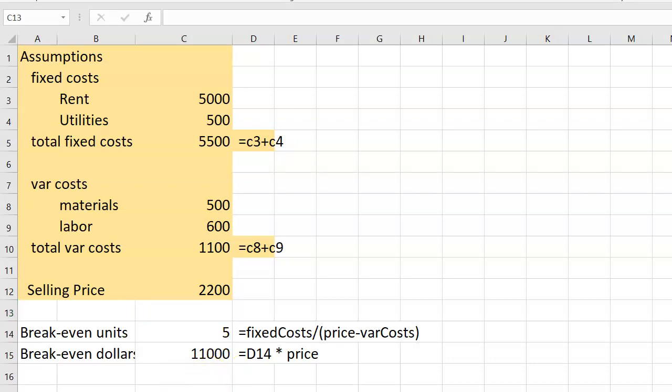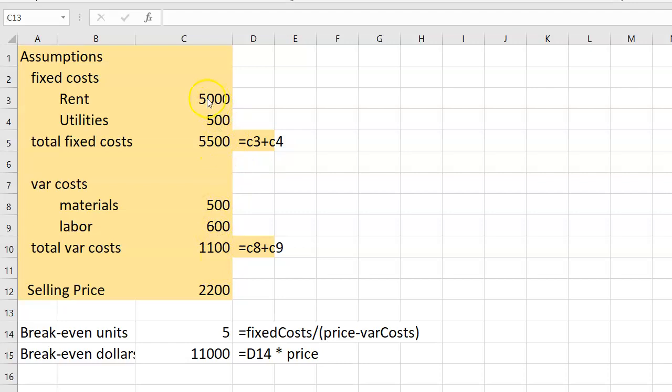Let me go over that one more time, more slowly. The fact that my break-even number is 5 means I have less risk. I only have to sell 5 units, so I have less risk. And the reason I have less risk is because my fixed costs are smaller relative to my variable costs. And